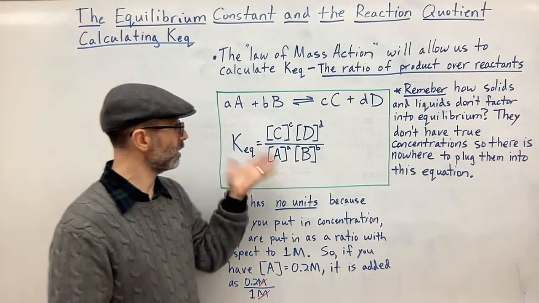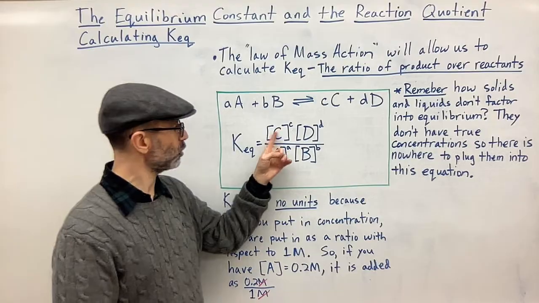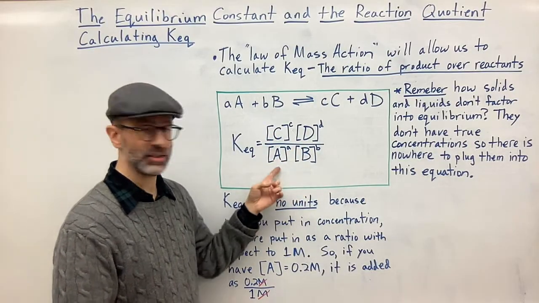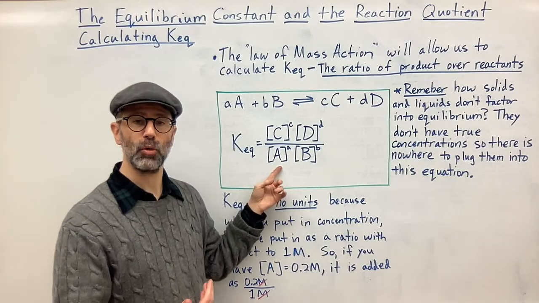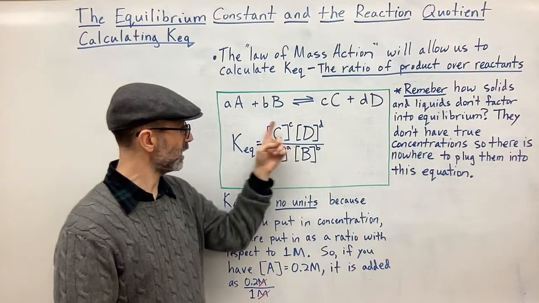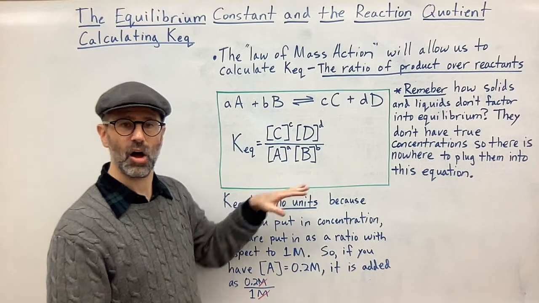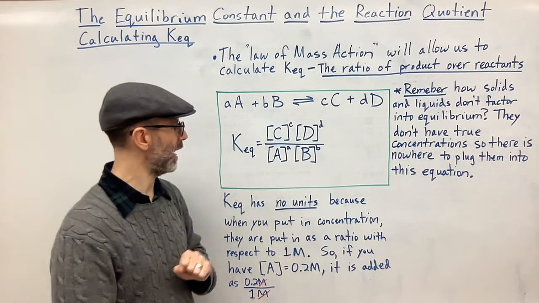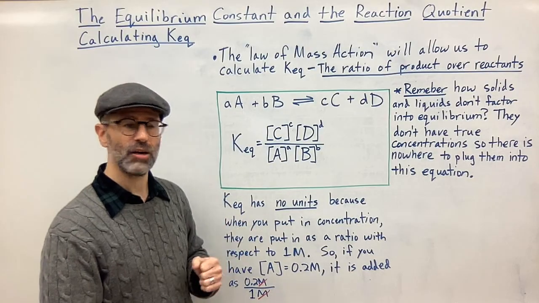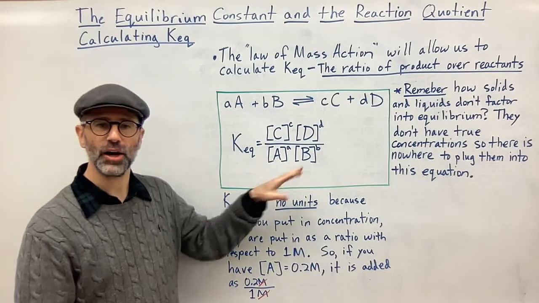Now you may wonder, how can KEQ be unitless if we're multiplying and dividing by the concentrations, and we measure concentration in molarity? If these coefficients aren't equal on both sides of our equation, then it's not going to all cancel out. So how can it not have a unit? Well, the reason, really quickly, is that